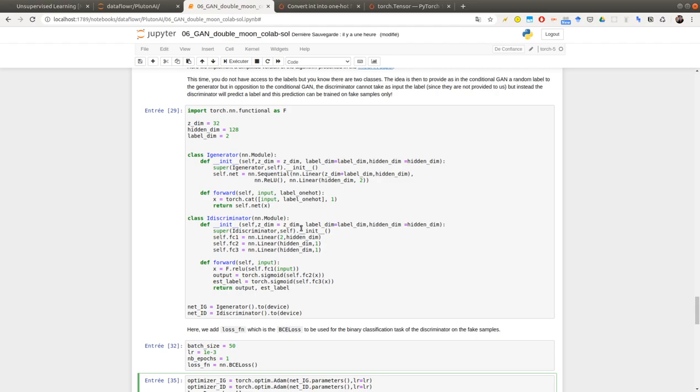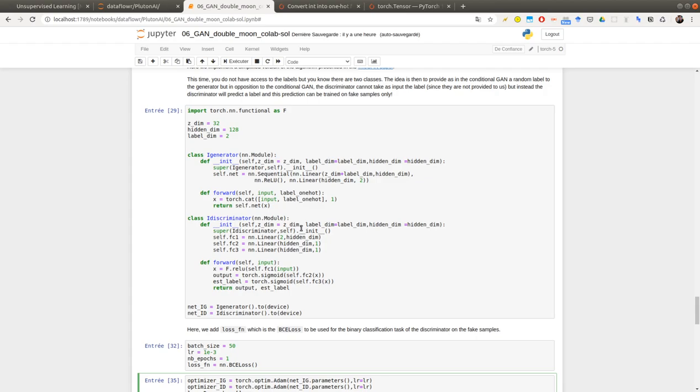And the second subtask of the discriminator is to try to estimate the label. But you see that here, actually, if the discriminator is good, it will also help the generator to create a good point with the right label. So there is one task where the generator and the discriminator are competing against each other, like in a GAN. But on the other task, if the discriminator is better at predicting the true label, then the generator will be better at producing fake samples.